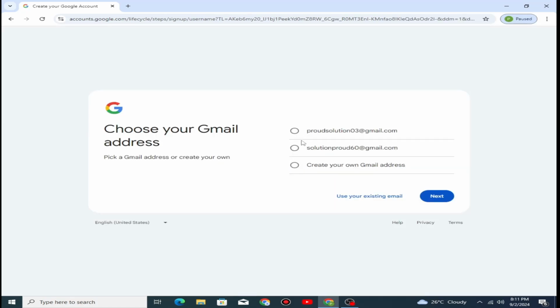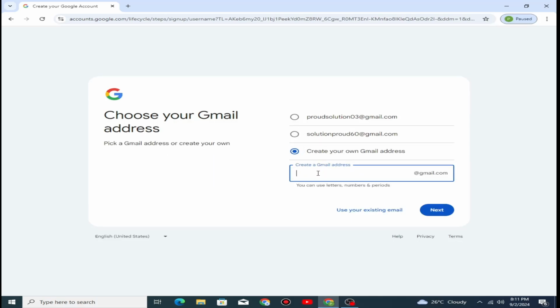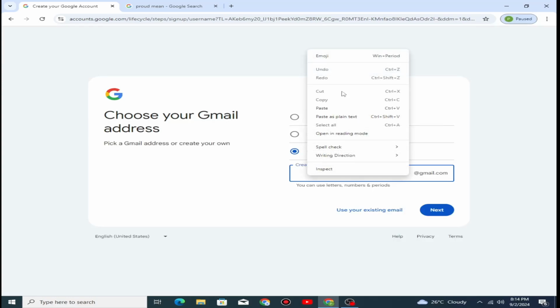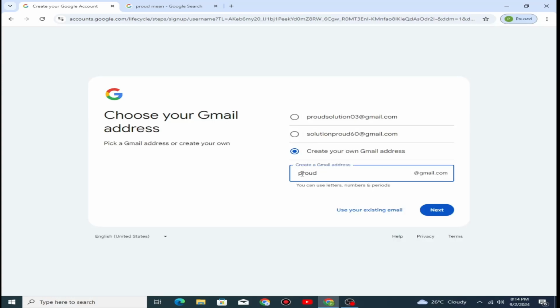If you want to choose from this, okay, if you want your own, then click create your own Gmail account, Gmail address, मतलब अपना Gmail address. Okay, if you want to create your own Gmail account, then choose this option number 3 and choose the perfect Gmail for you. Like I choose capital P, Proud Solution,